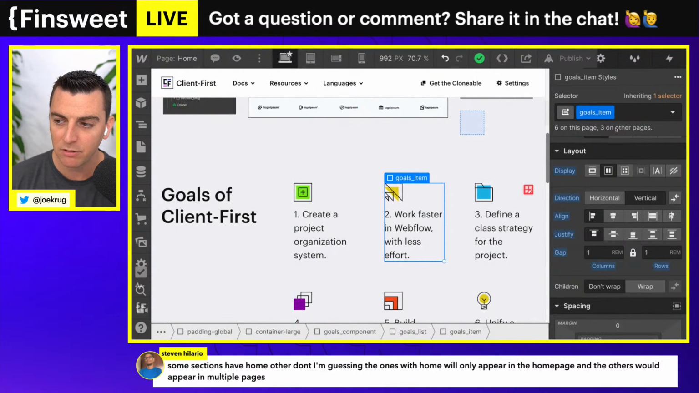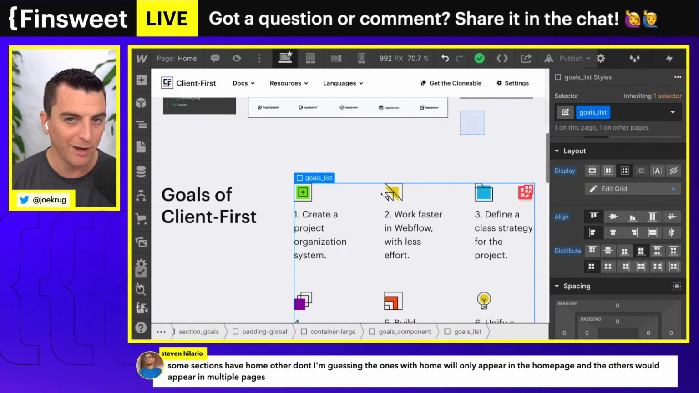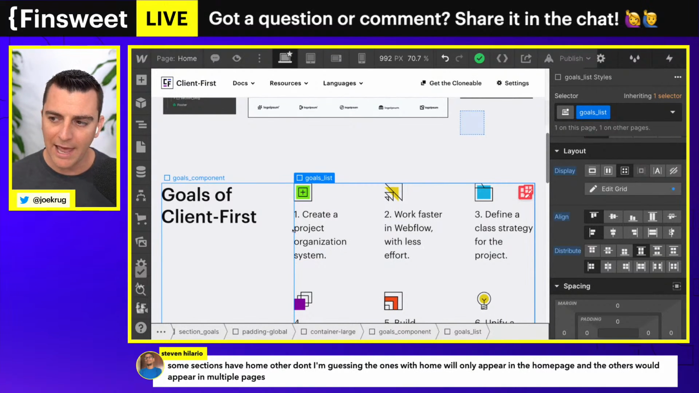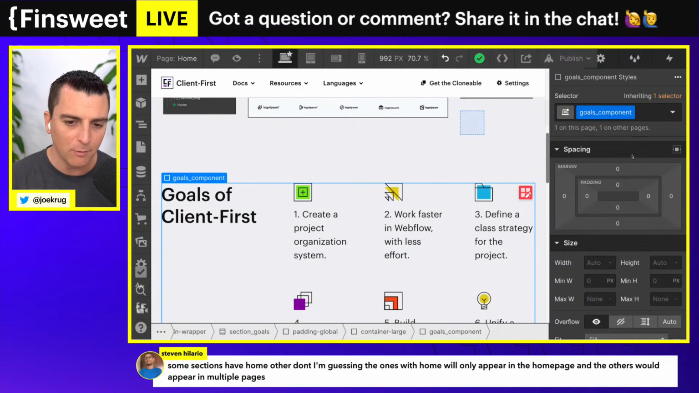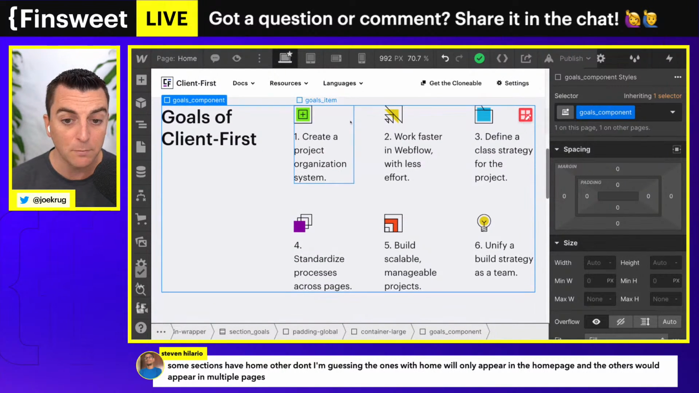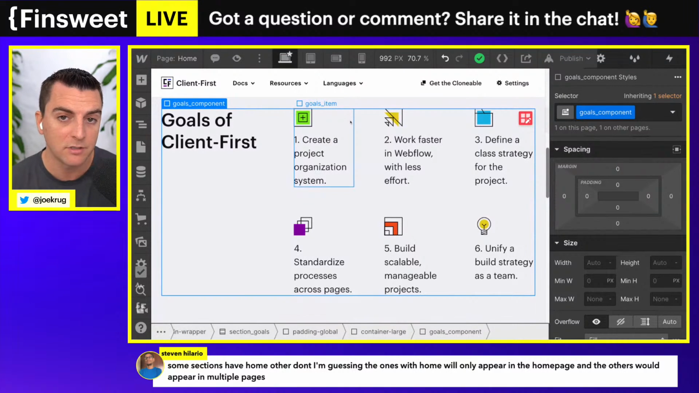6 on this page, 3 on other pages. So that is why we don't have home in here. Goals is something that recurs on other pages, as well as something that we may want to reuse for something else. This is a really general name. It has these goals in here, but this can be duplicated and reused for something else. It's a simple